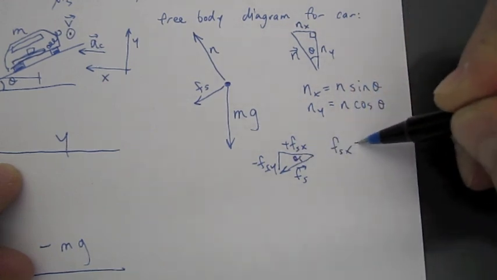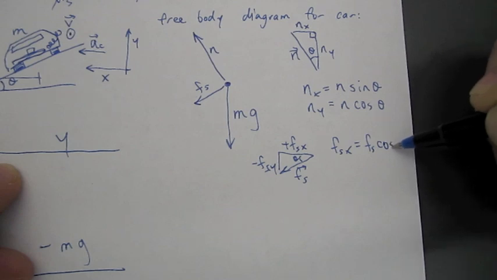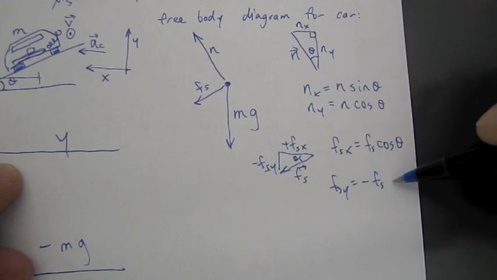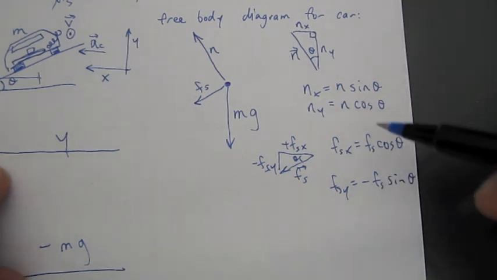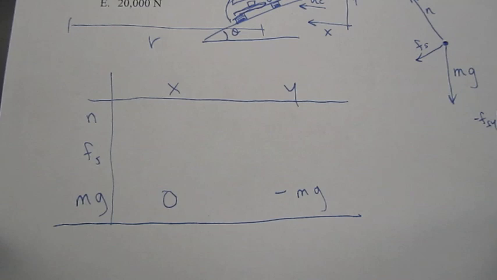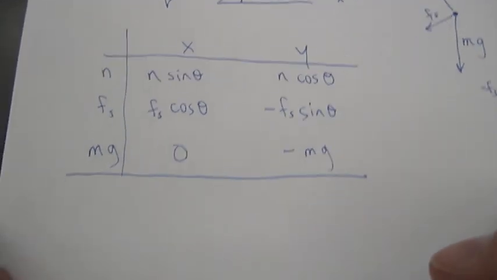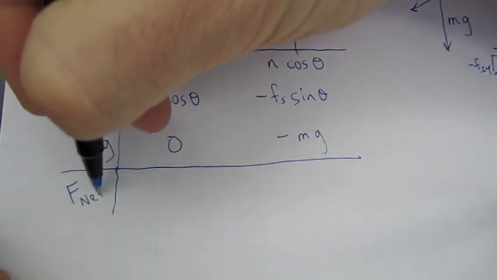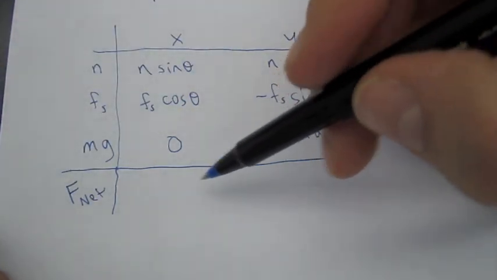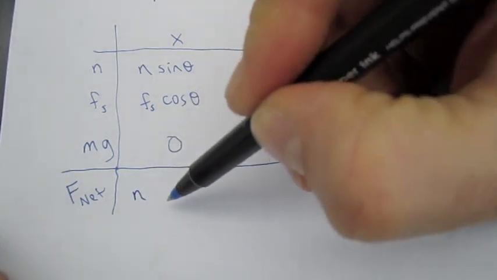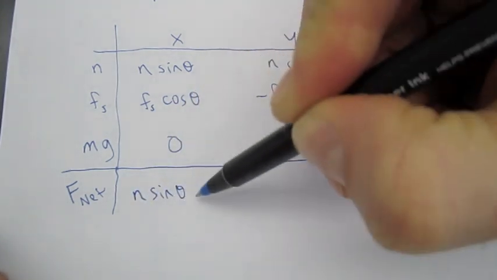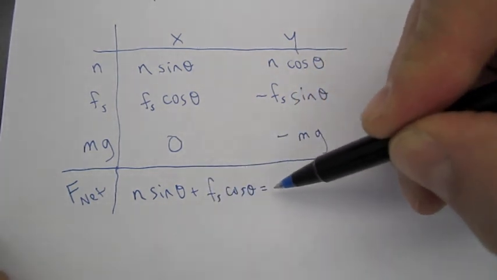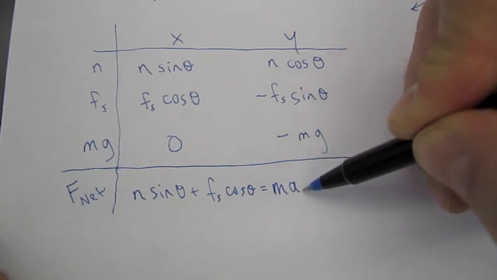So there's a cosine, f sub s x is f sub s times cosine theta, and f sub s in the y direction is negative f sub s sine theta. So taking all these and plugging them into this table, it just looks like that. And now we're ready to compute the net force, F net, on the car. In the x direction, it's going to be n times sine theta plus f sub s times cosine theta is equal to mass times a sub x, so that's going to